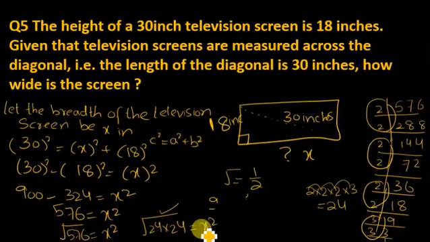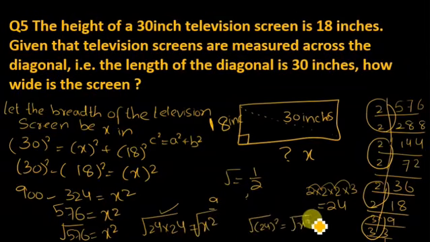Yes, 24 multiply 24 is equal to x square. Then we apply square root: the square root cancels the square. The final answer is x is equal to 24. It's the easiest way to solve a square root. Simple: find the LCM, make pairs, multiply, and then get your answer.